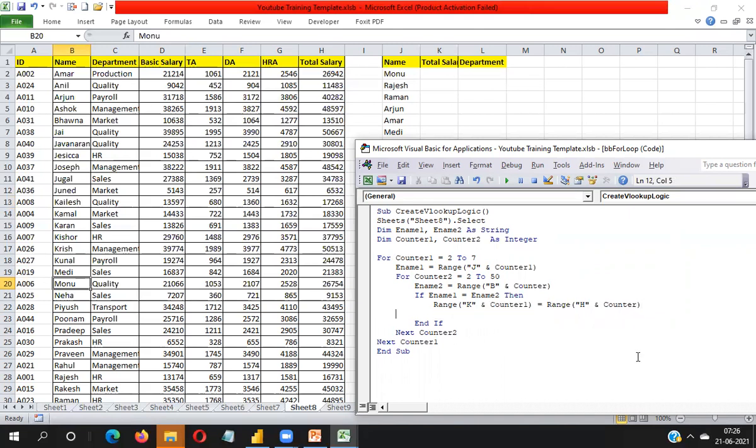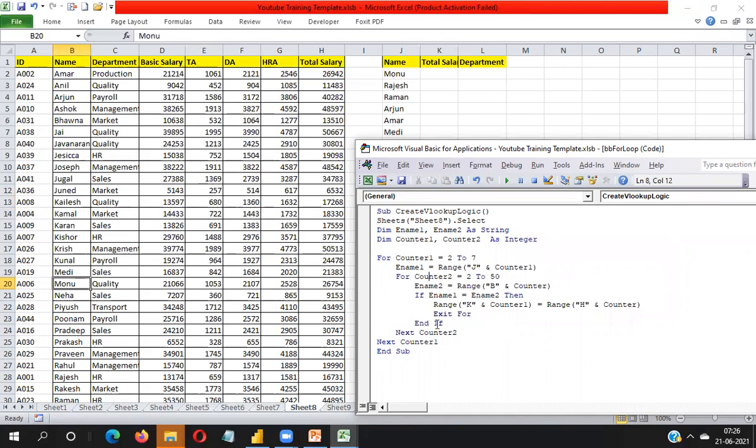Okay, now it's done. So make sure after getting data against this name, then you have to exit this for loop, because mono will not be available multiple times here. So you have to exit from this loop. Okay, so Exit For means you are exiting from this loop.